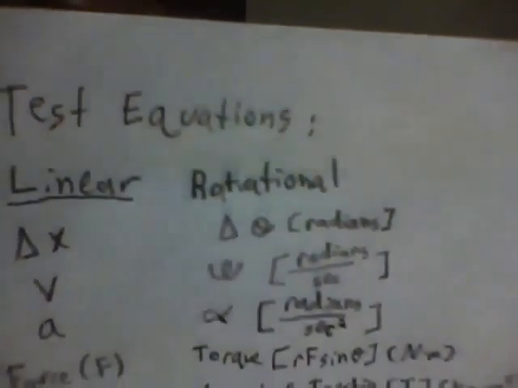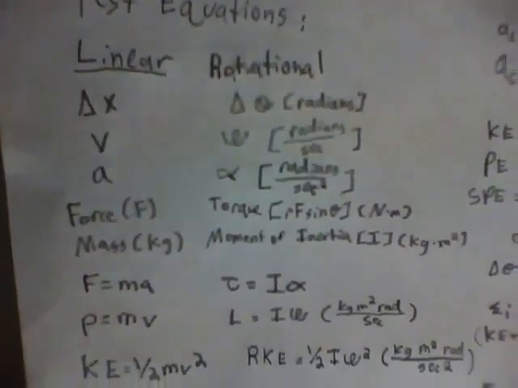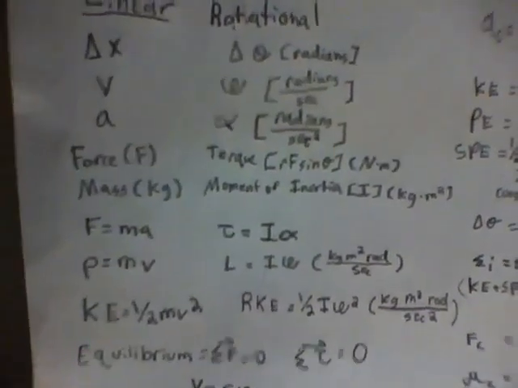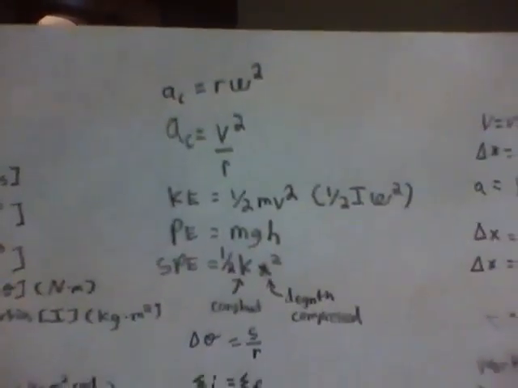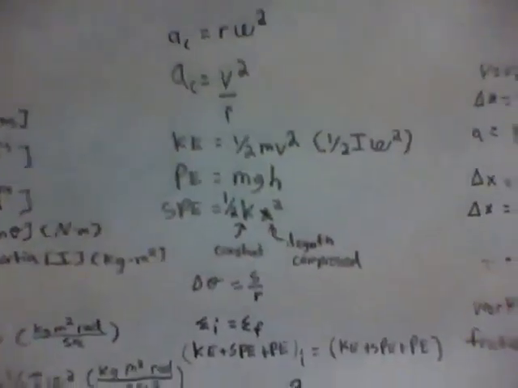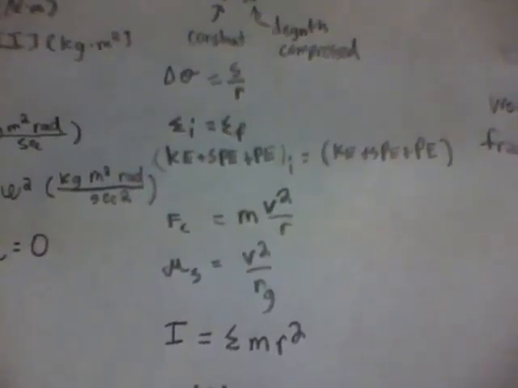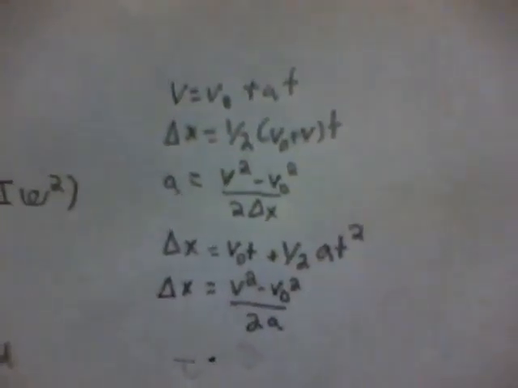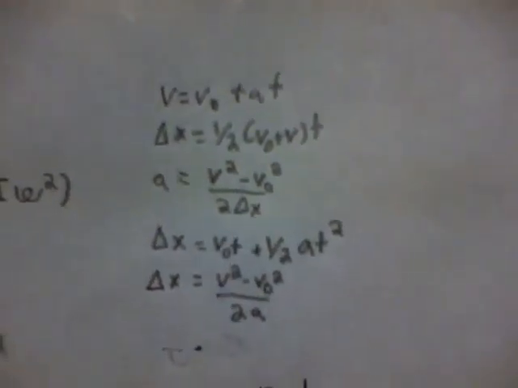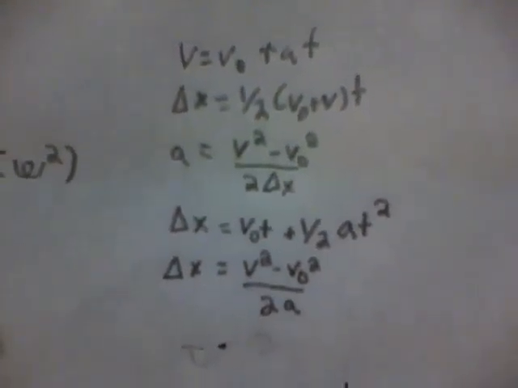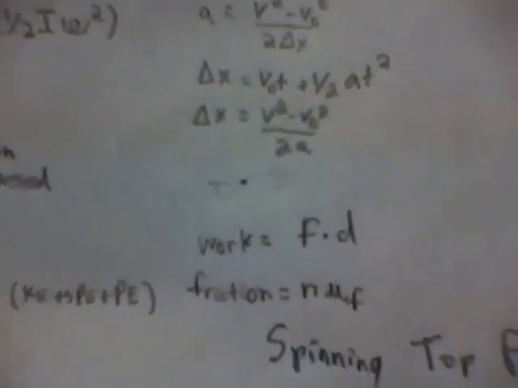Alright, here's my test equations. I did the linear versus rotational comparison right there. Moved it over to here, and I just put the rest of the equations right there, including kinetic energy, potential, spring, final equals initial, all that. Then I put over here all the equations that were given to us on the first test, like V equals V naught plus at, delta X equals all that, work equals FD,